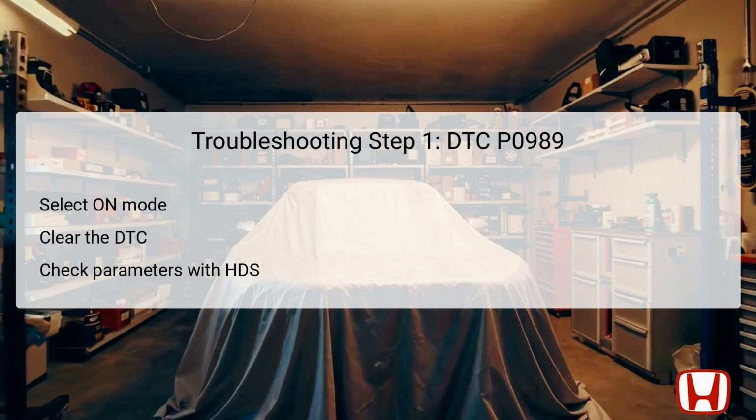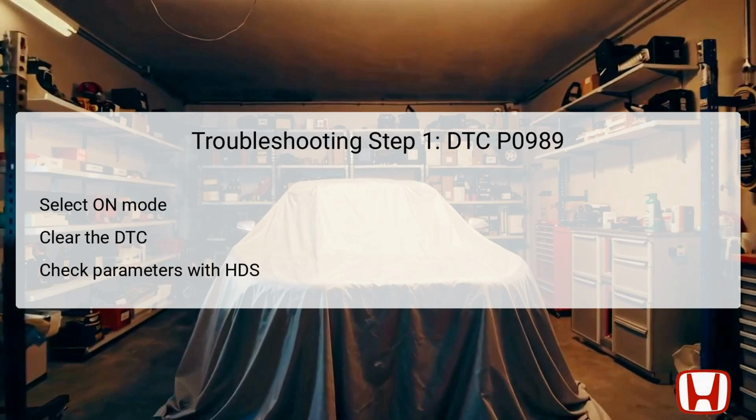Following this, clear the stored DTCs, allowing for a fresh assessment of the system. After clearing the DTCs, the next step is to check the specific parameters related to the 6th pressure switch. Use the HDS to monitor signal thresholds and current conditions. If the current parameters match the specified threshold, this indicates a confirmed failure, and you should proceed to the next